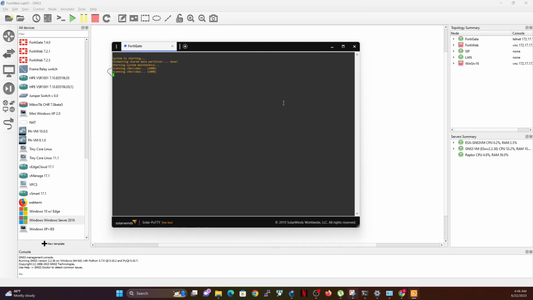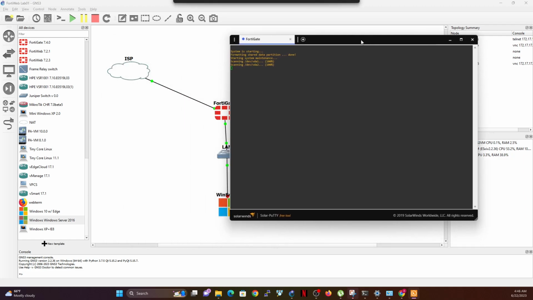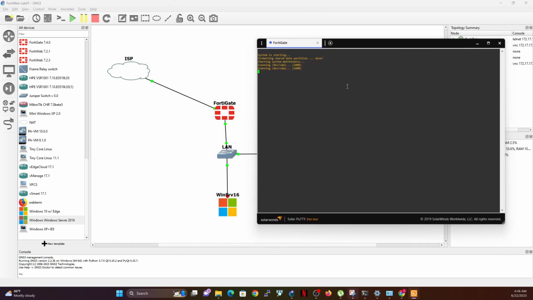So once you open the FortiGate, what you'll see is basically this. Now, in my case here, connecting this to my ISP, I'm actually going to be using a public IP address. I'm going to be getting a DHCP IP address from this cloud here, which is basically connected to my network, to my LAN network. So that's what is already configured here.